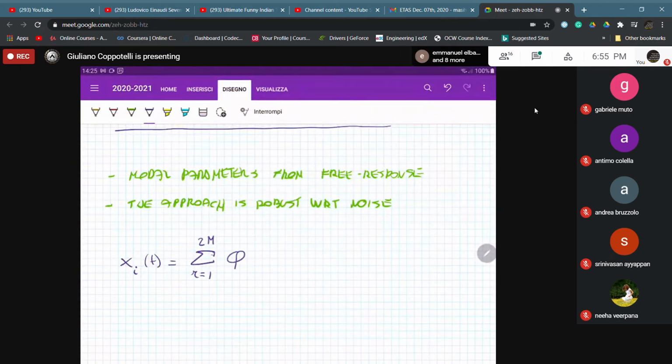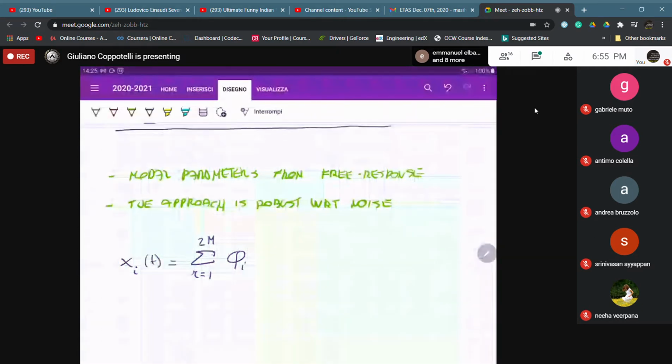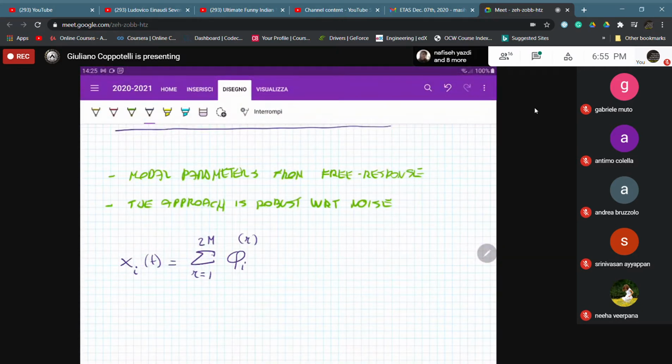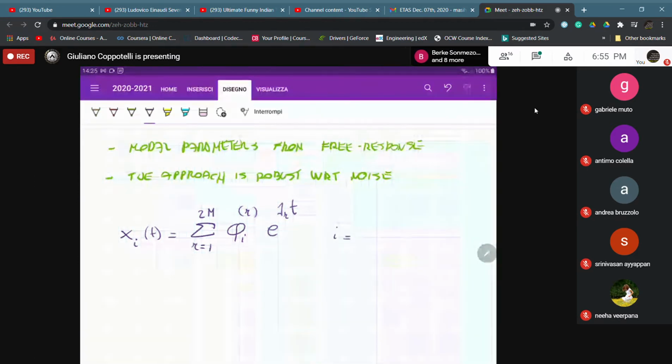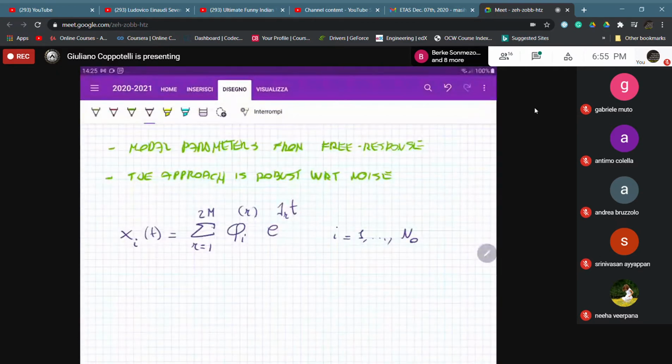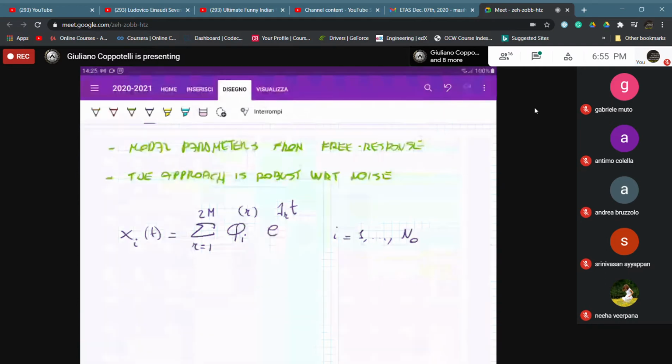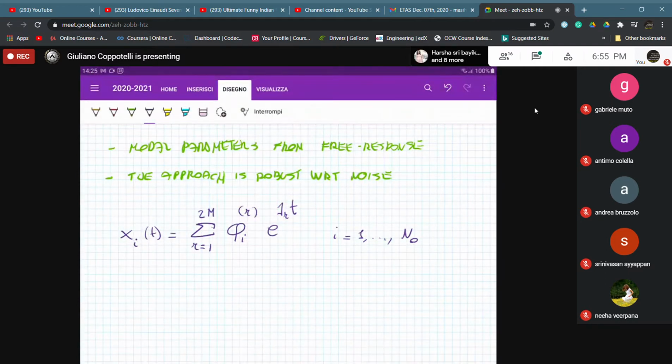Then your modal contribution, that is your residue if you want in the frequency domain, times the exponential part that takes into account your pole. Of course your i index goes from 1 up to the number of outputs at which you record your responses, or that you have in your frequency response function from your impulse excitation, whatever it be. And that is your time domain response,